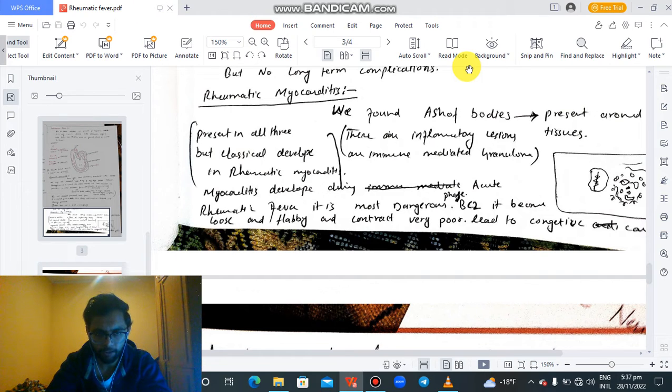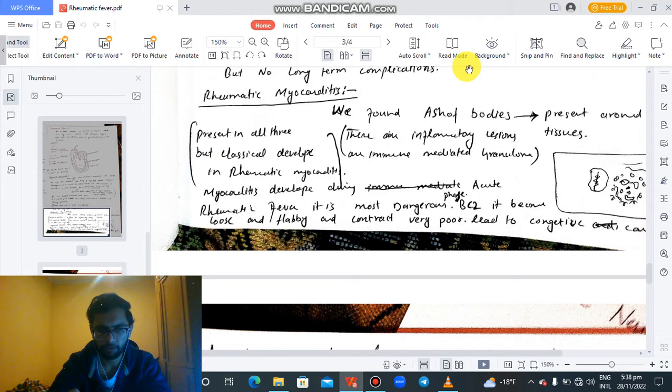Due to breakdown of the collagen, there will be decreased elasticity of the myocardium. When there is decreased elasticity, it cannot contract properly, so it will become flabby or loose. With loose contraction, the annulus fibrosus of the ring will also become loose. So it cannot contract well, cannot pull the blood into the aorta properly, and with the loose tissues, it cannot hold the mitral valve properly. So mitral regurgitation will also occur.